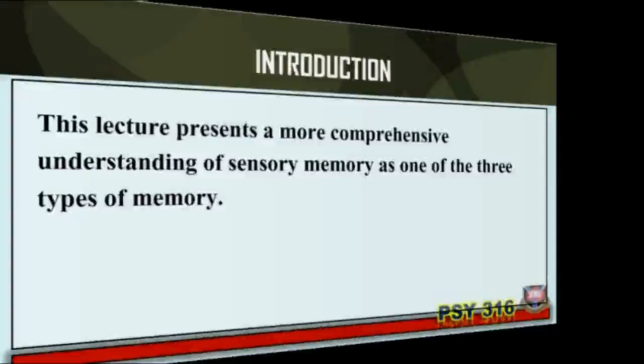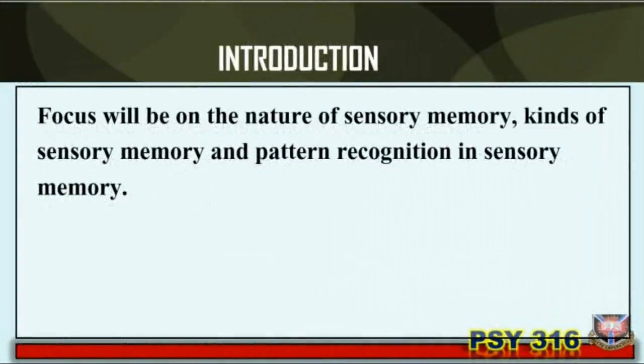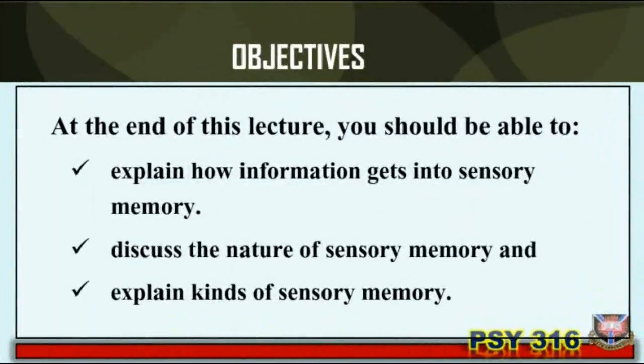Introduction. This lecture presents a more comprehensive understanding of sensory memory as one of the three types of memory, according to Atkinson and Shiffrin, 1968. Focus will be on the nature of sensory memory, kinds of sensory memory, and pattern recognition in sensory memory. Objectives. At the end of this lecture, you should be able to: